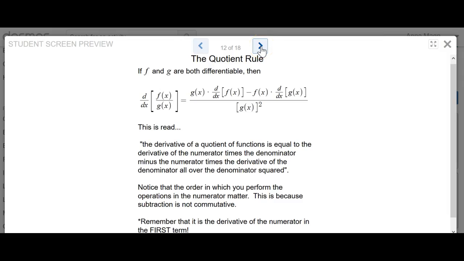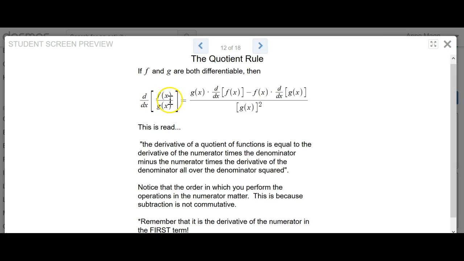So now we're going to have a look at the quotient rule. We're not going to derive that. It's derived in a similar fashion, but for the sake of brevity, it's not as good visually. So if f and g are both differentiable, then we can use the quotient rule to find the derivative of